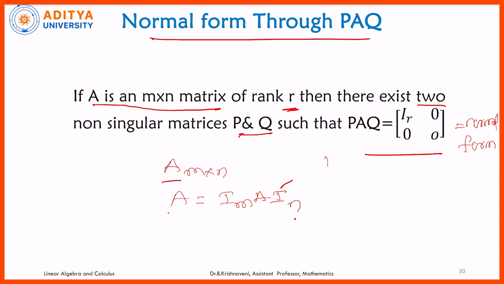Thereafter, we need to apply row and column operations such that the LHS of A is converted to normal form. In doing this, when we apply a row operation, we need to apply it on the prefactor of A in the RHS, and if we apply a column operation, we need to apply it on the postfactor of the RHS. If we continue the process until the A in the LHS is converted to normal form, the RHS will take the form PAQ. So this is the way to proceed.